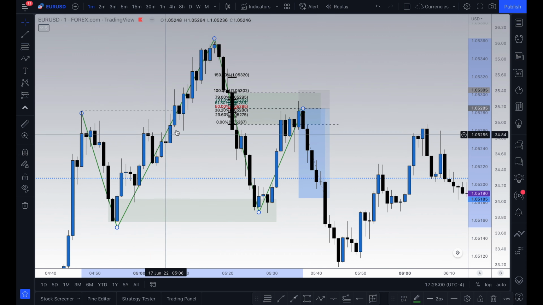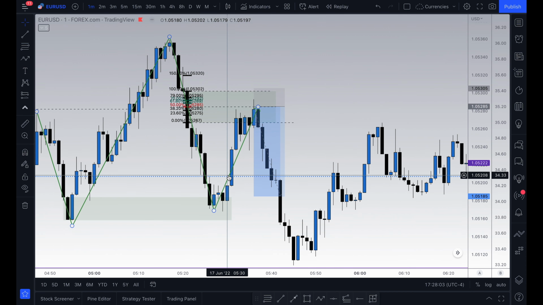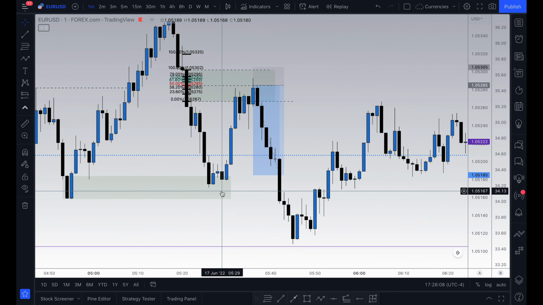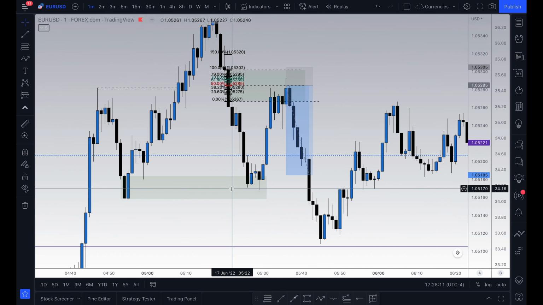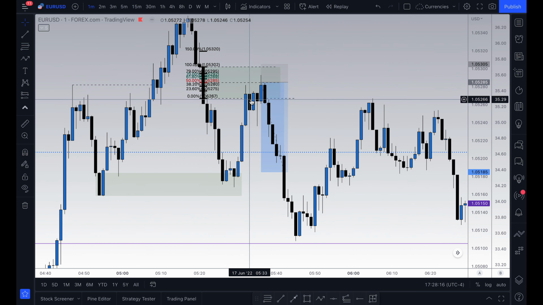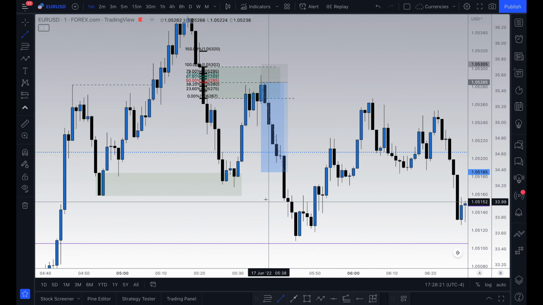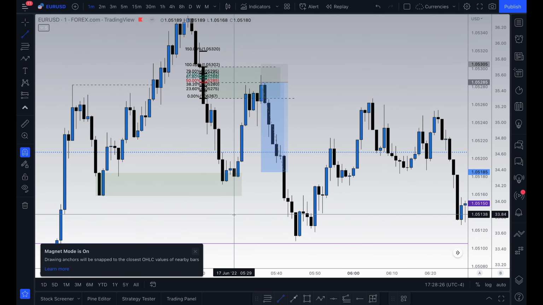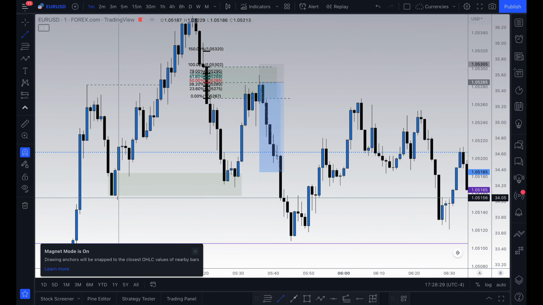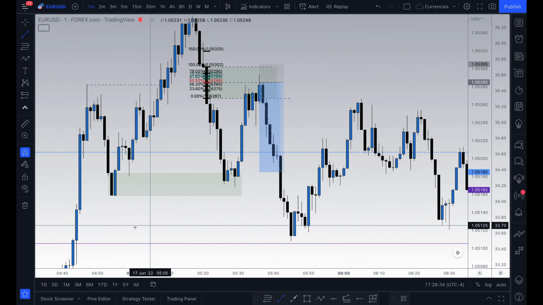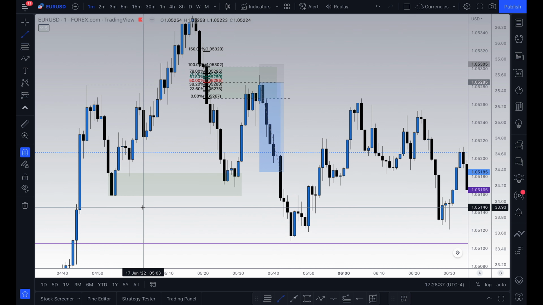As I'm seeing this pattern form, I want to see this structure broken in order for us to continue to the downside. I would like to see this structure broken and then a return back into the order block that was left here, right? So first thing we want to do is, I'm looking at this area. I would actually like to see that we get a break